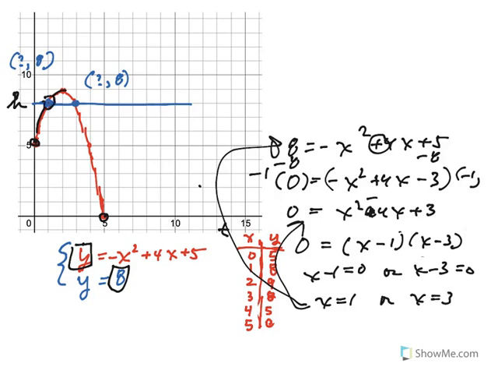And you can see here that those are the points. So what I'm getting at in this video is that graphs can be important to find their intersections. We could also use the intersections to find the solution to the equation. In other words, if I had this equation up here, 8 equals negative x squared plus 4x plus 5, and I just want an approximate solution, one thing you can do is actually work backwards and